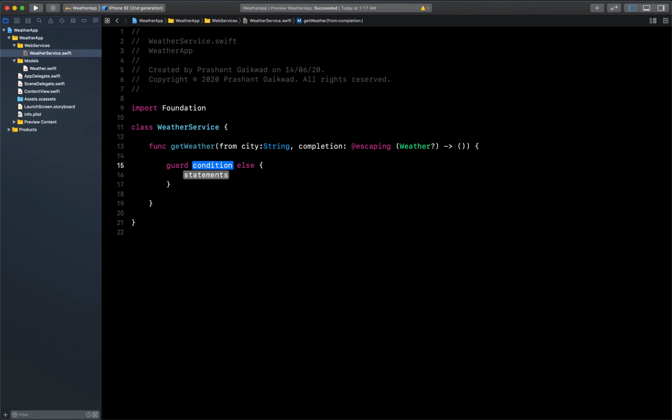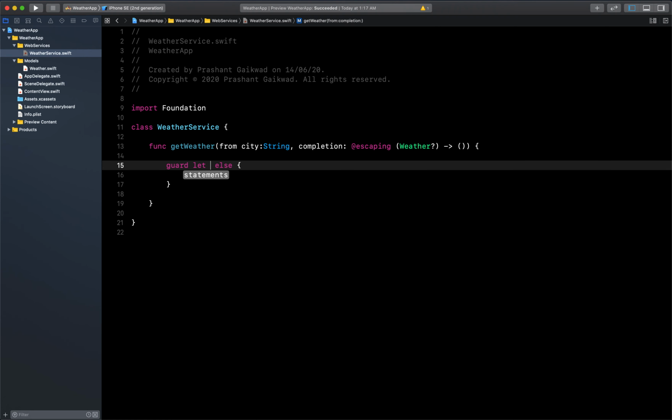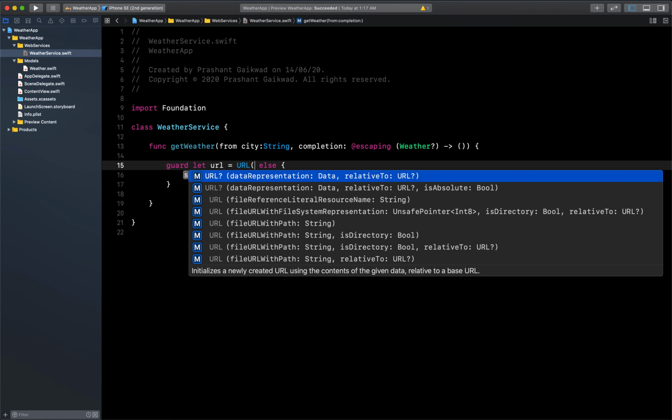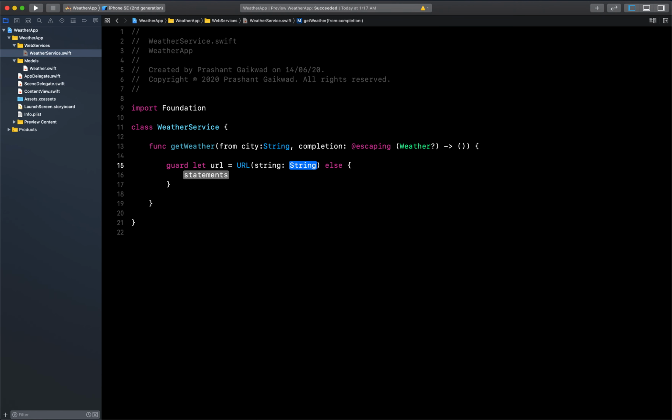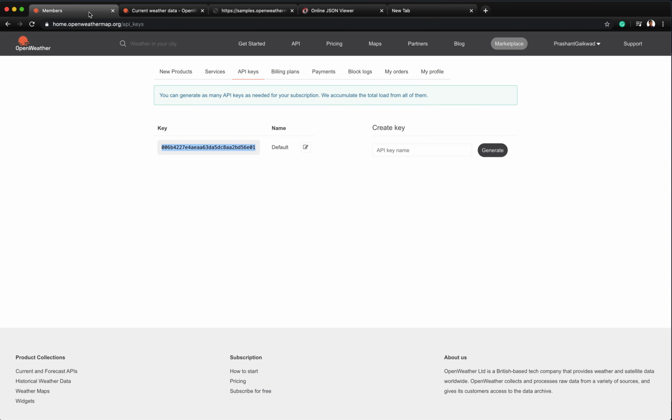So let's first check whether our URL is right or wrong. Guard let myURL equal to URL with string, and here I will pass the URL. I have taken that URL and passed my city name here, and I have also copied my API key, which is actually here.